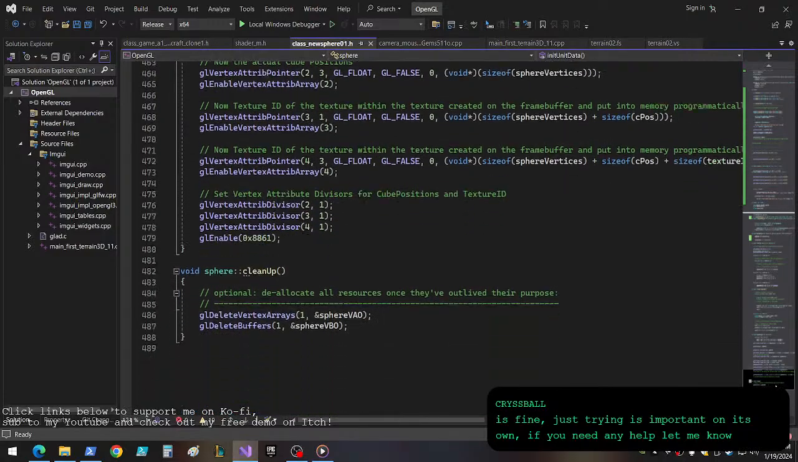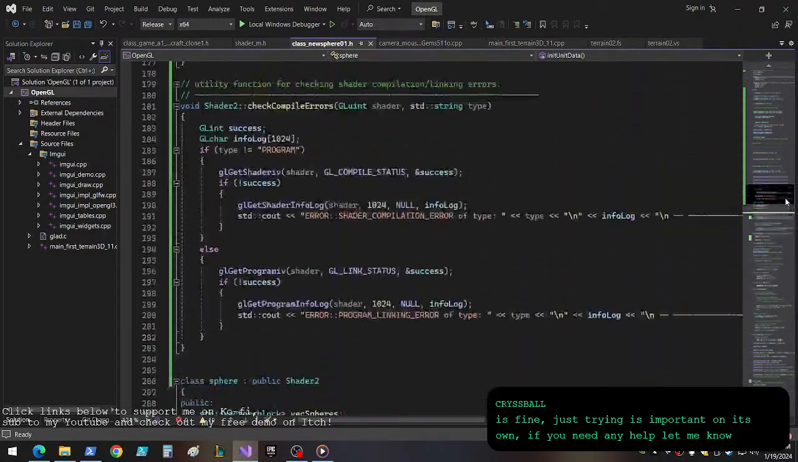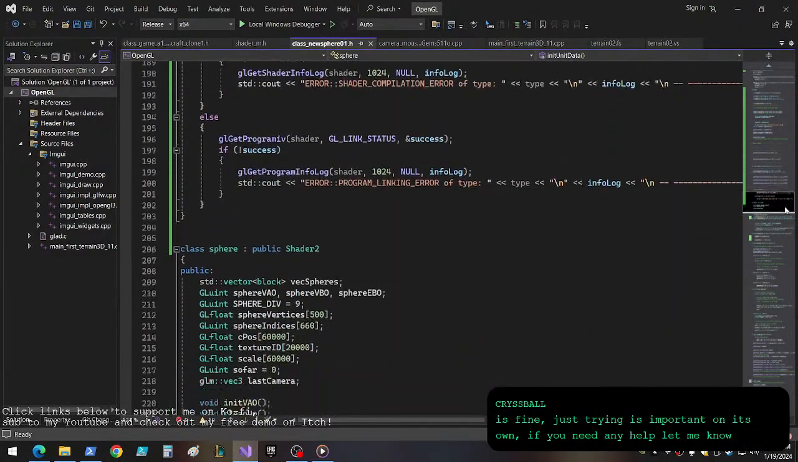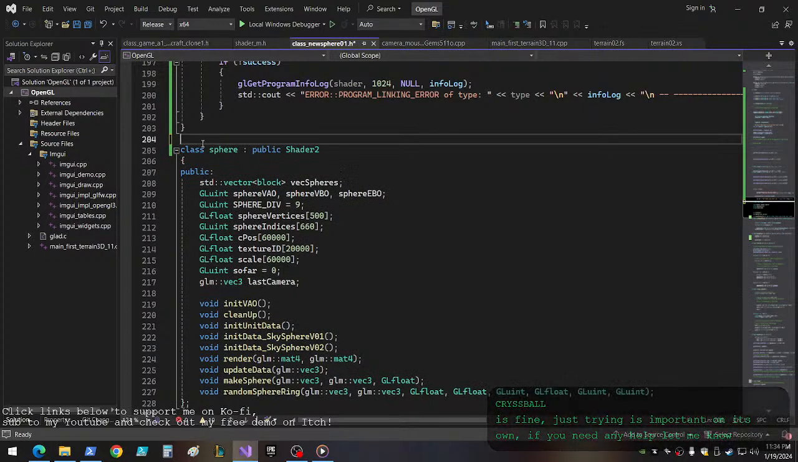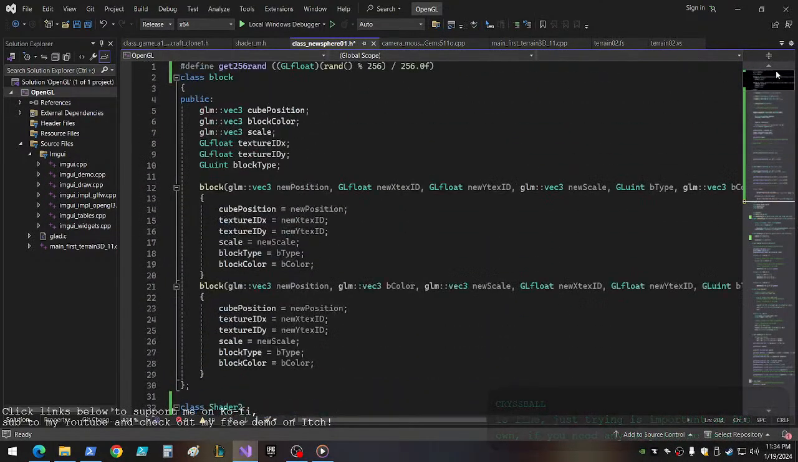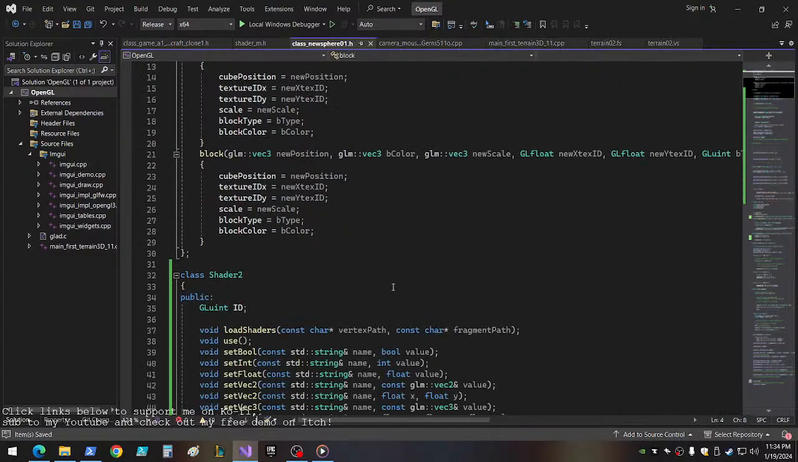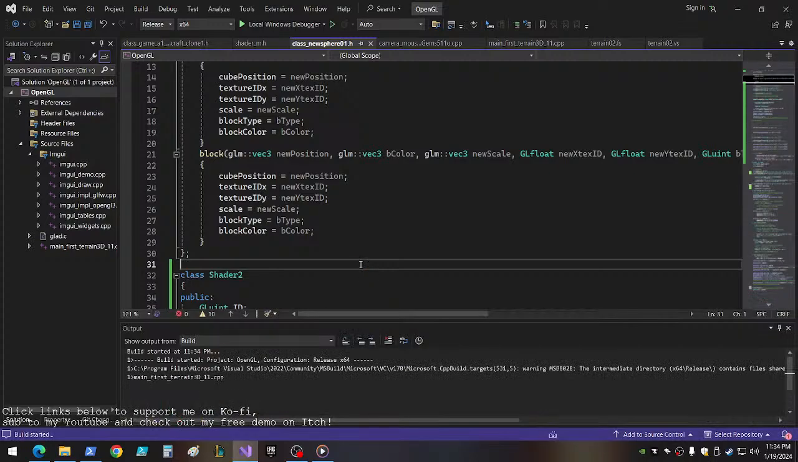Just trying is important on its own. If you need any help, let me know. Yeah, I wouldn't be doing the 3D terrain thing in the spheres right here if I didn't think that I could possibly enter it in the jam, but yeah, I don't. I mean, there's people going to do teams and all kind of stuff with the jam, and